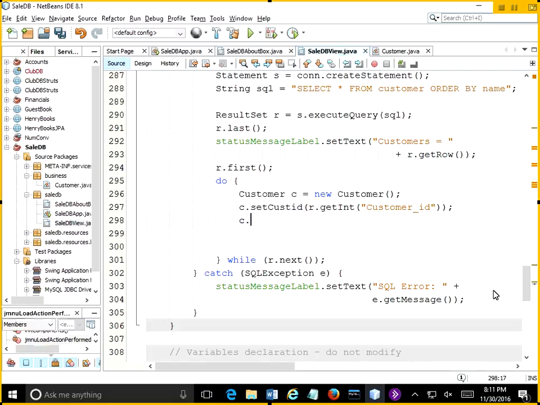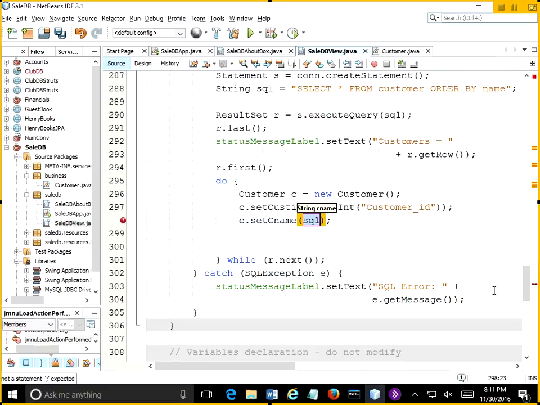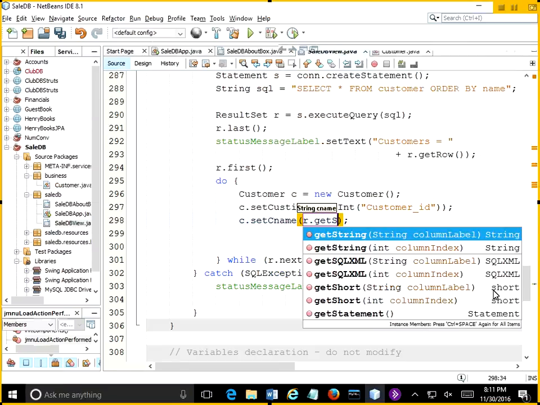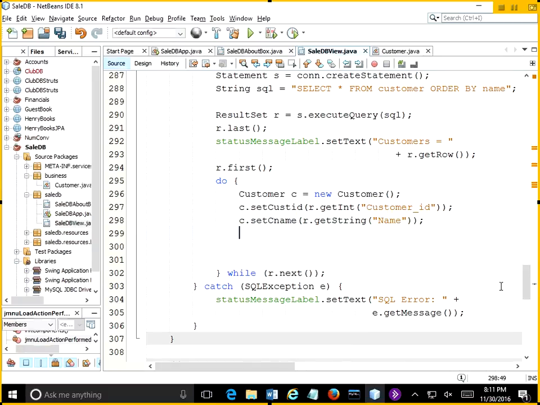All right, let's do customer ID, and then we'll do a set customer name as an r.getString for name. So you use the getInt, getString, getDouble, getDate, whatever you need to match the column value, and you just pull it out of the result set record, put it into the customer record. I'll do a couple more. We don't need to really do the whole thing, but